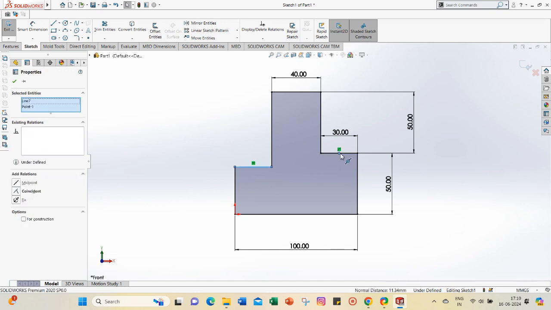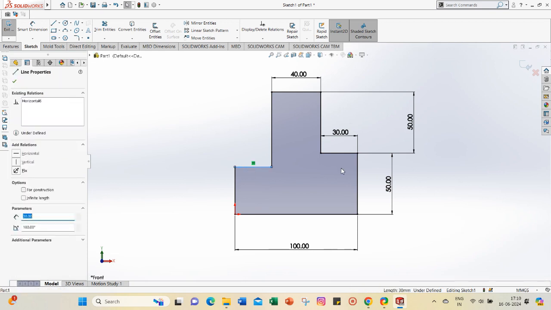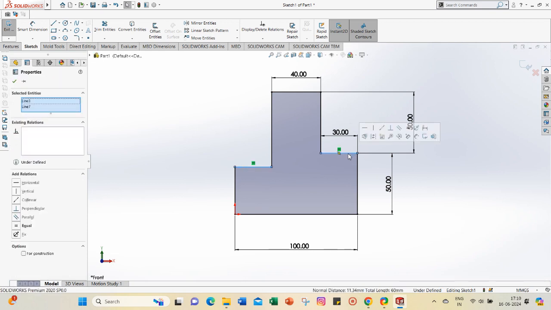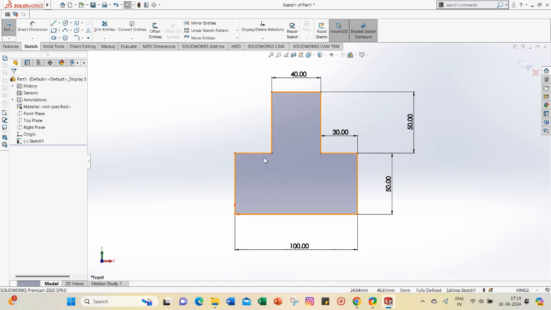We will press Ctrl and select the other line, and as soon as we do this, a relation window will open in which there are various relations like horizontal, vertical, collinear, perpendicular, etc. We will select collinear and you will see that these two lines have become collinear, and in this way our sketch has become fully defined.